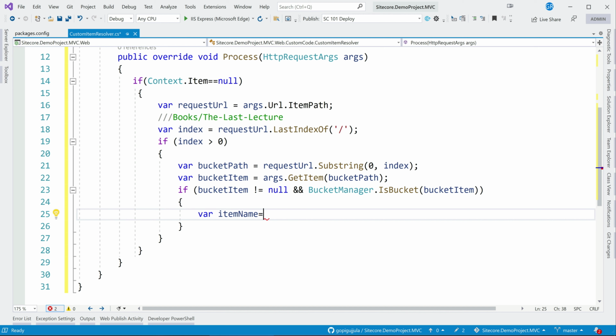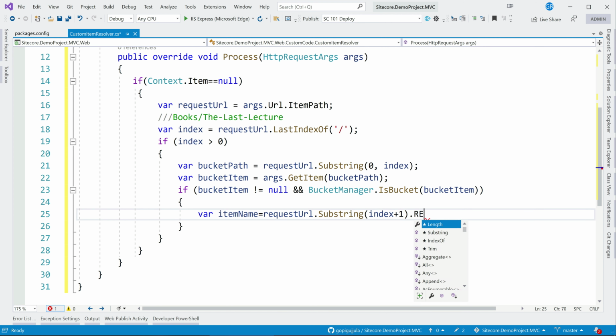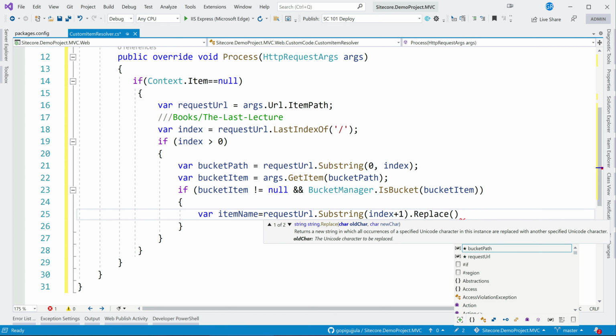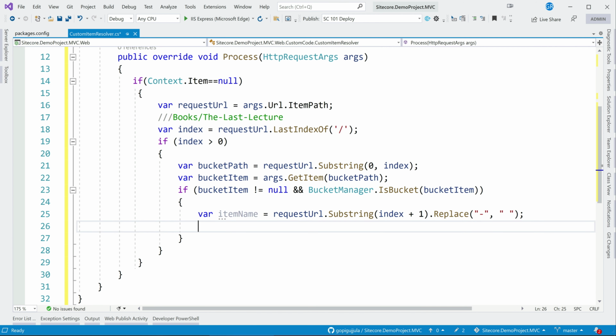Item name equal to substring index plus 1 dot replace, and I did replace that hyphen, and what we are trying to do is, using this item name, we need to fetch the item. So if it is following all these conditions, but the catch here is, remember from the, okay,